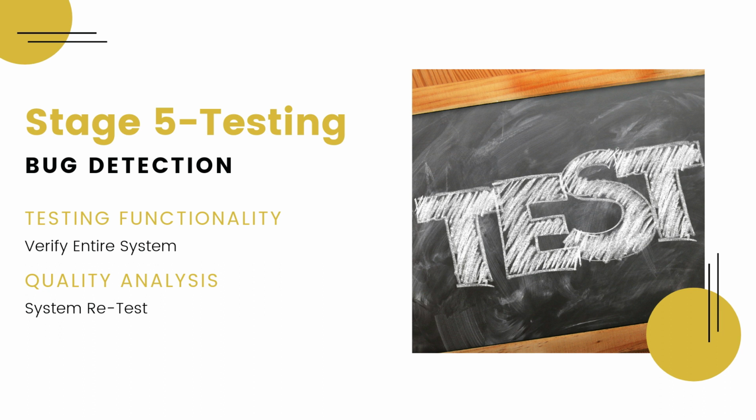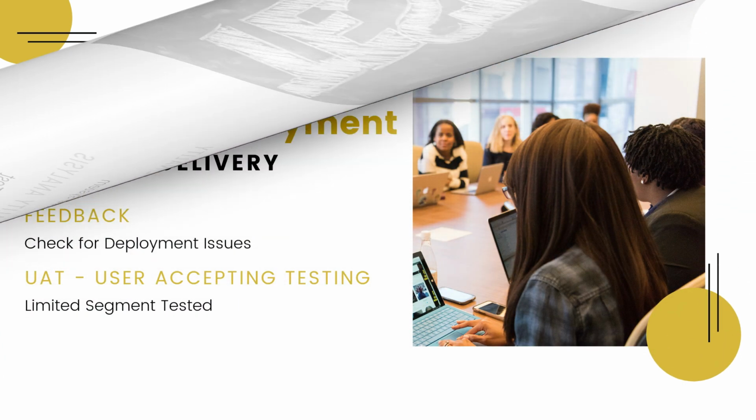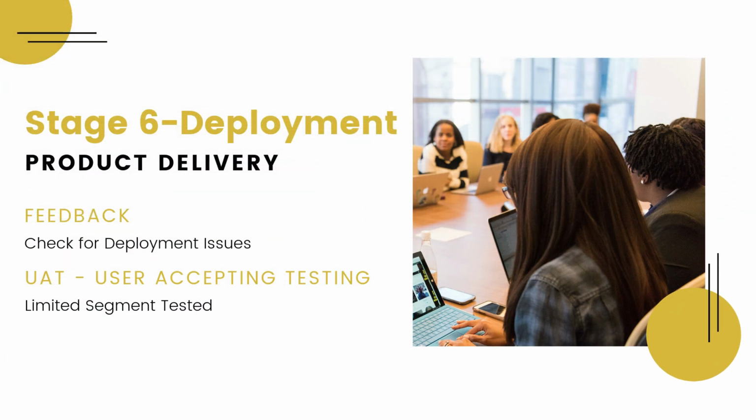The next phase is the installation or deployment phase. Once the software testing phase is over and no bugs or errors are left in the system, then the final deployment process starts. Based on the feedback given by the project manager, the final software is released and checked for deployment issues, if any. In this phase, the product may be first released in a limited segment and tested in the real business environment, that is the user acceptance testing phase.